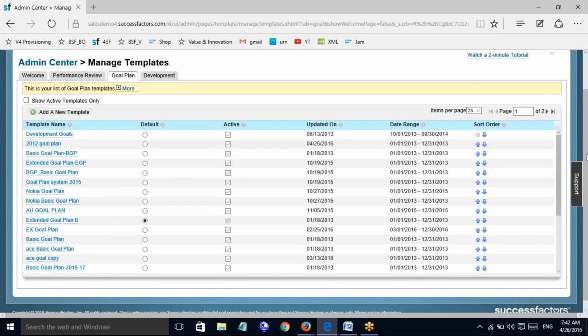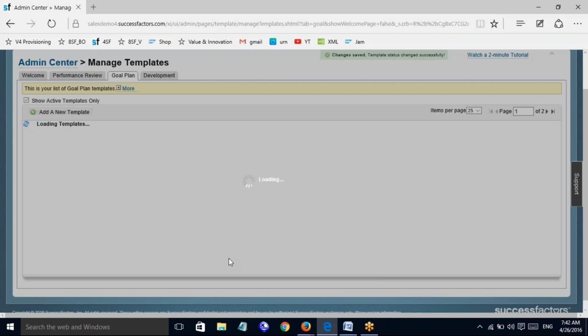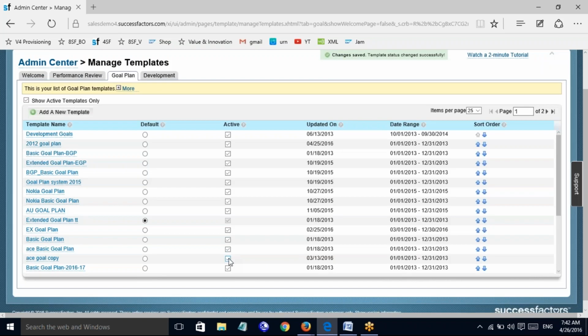If you check it, they are gone away. For example, I don't want to see the 2010 goal, so you can just go and remove it, and that goal will no longer exist in the system.